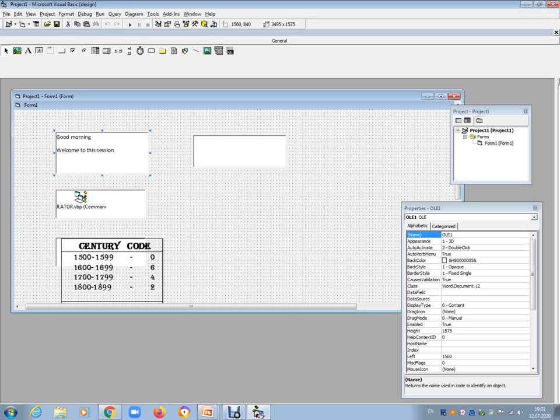Before that, when you use a paste option, there must be something in your clipboard, then only the paste option can be performed, isn't it? So before that you must go to any Word document and select which portion should be copied here.